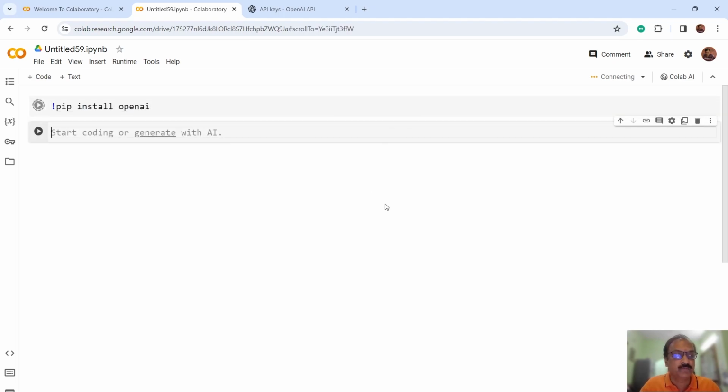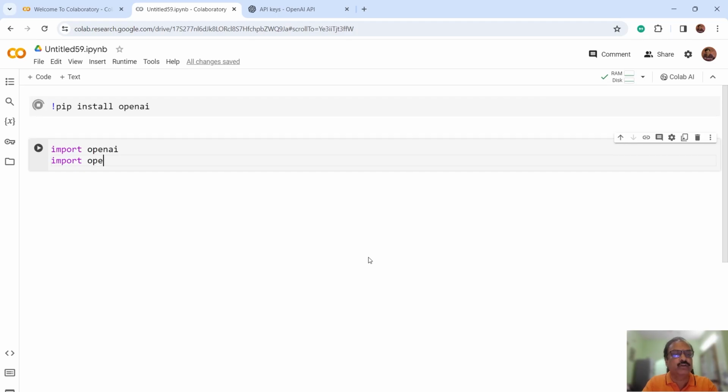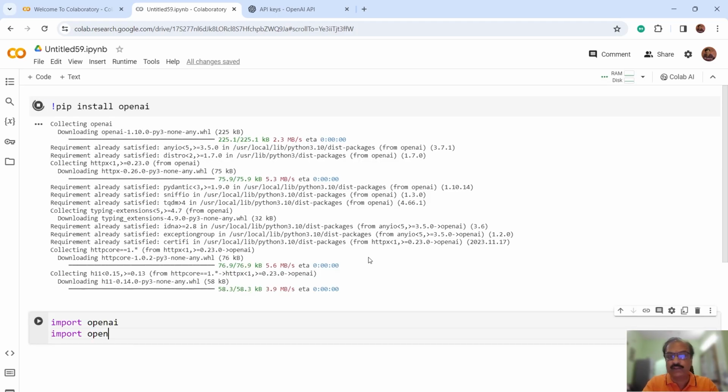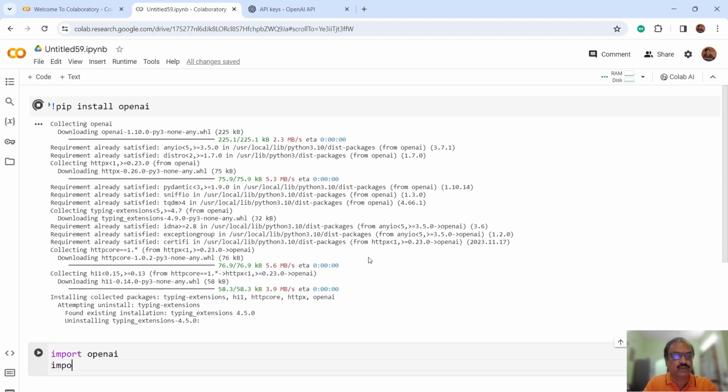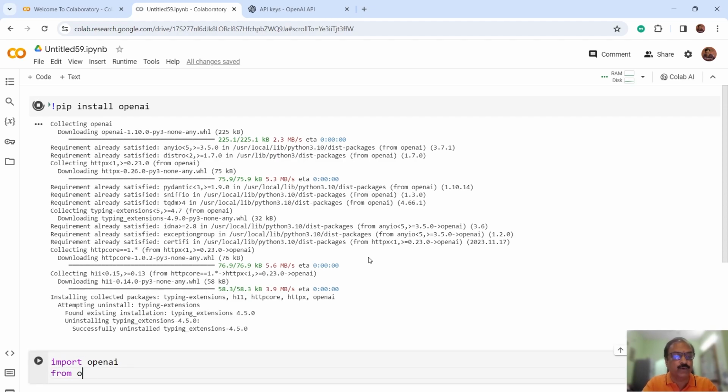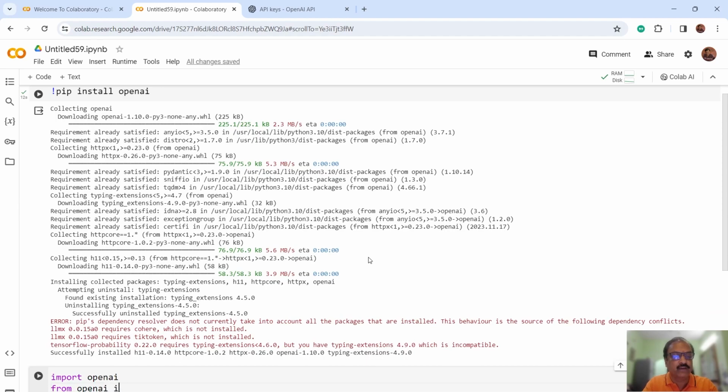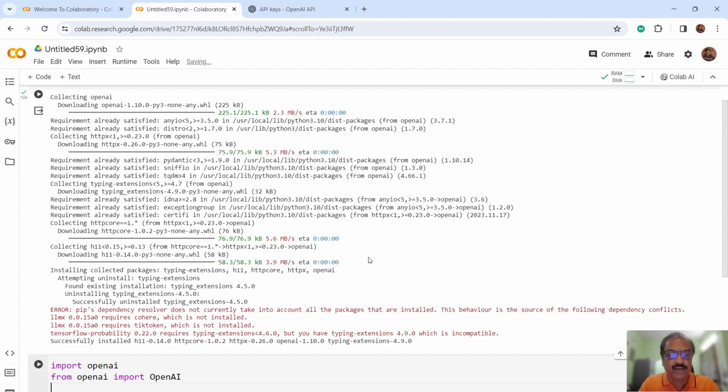Once this OpenAI gets installed, we can import OpenAI. So once we are able to import OpenAI, we will do the other import. As you can see, the OpenAI is installing. So you can actually import the other one from OpenAI, import OpenAI, and then